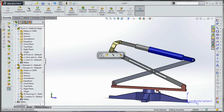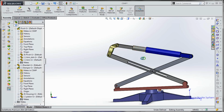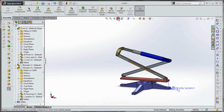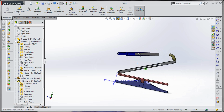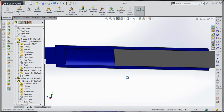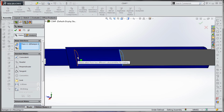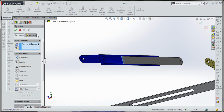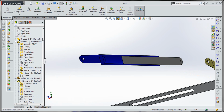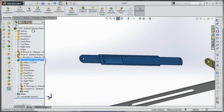Just one more mate, and it is going to be a distance mate, and I see that it's going to be easier if we use section view like this, because now we can see these faces that we need for the mate, this face and this face. Okay. And yeah, you can't do that from top level assembly. You have to go to edit assembly mode,